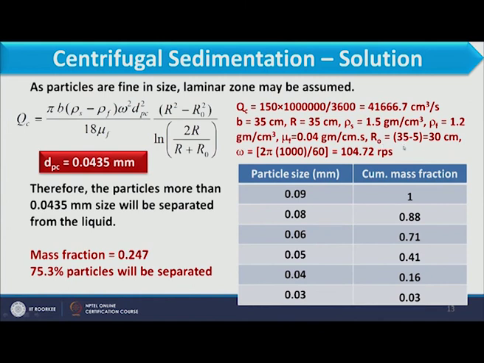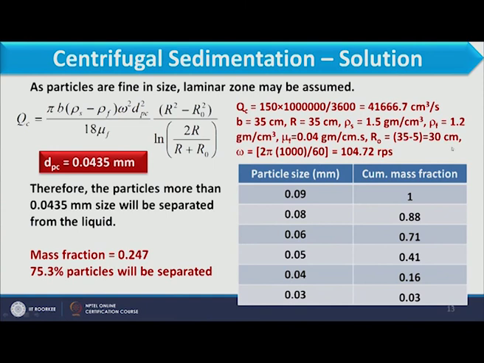R naught is calculated as R minus the thickness of the layer. R is the radius of the bowl, which is 35 centimeter, and a 5 centimeter thick layer is formed inside. So R naught will be 35 minus 5, that is 30 centimeter. Omega we can calculate because 1000 RPM is given to us. Once we put all these values into this and calculate Dpc, the Dpc can be found as